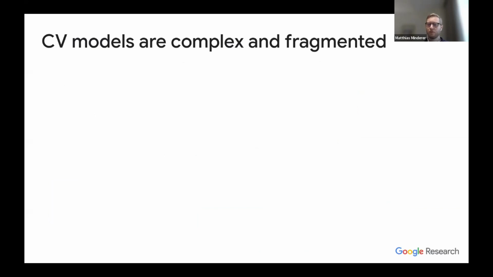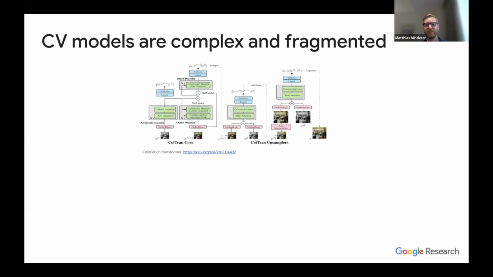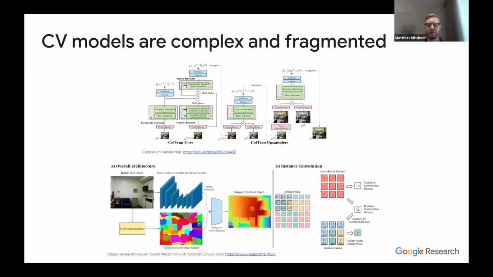And then what's even more worrying is that if we go to a different task, like depth prediction, then we have similarly complex models, but they are completely different or largely different in their design to, say, detection models. So these are just some examples that are current state of the art in depth prediction or colorization, and they are all different in their design. And the question now that was addressed by the UViM project is, why is this the case, and how can